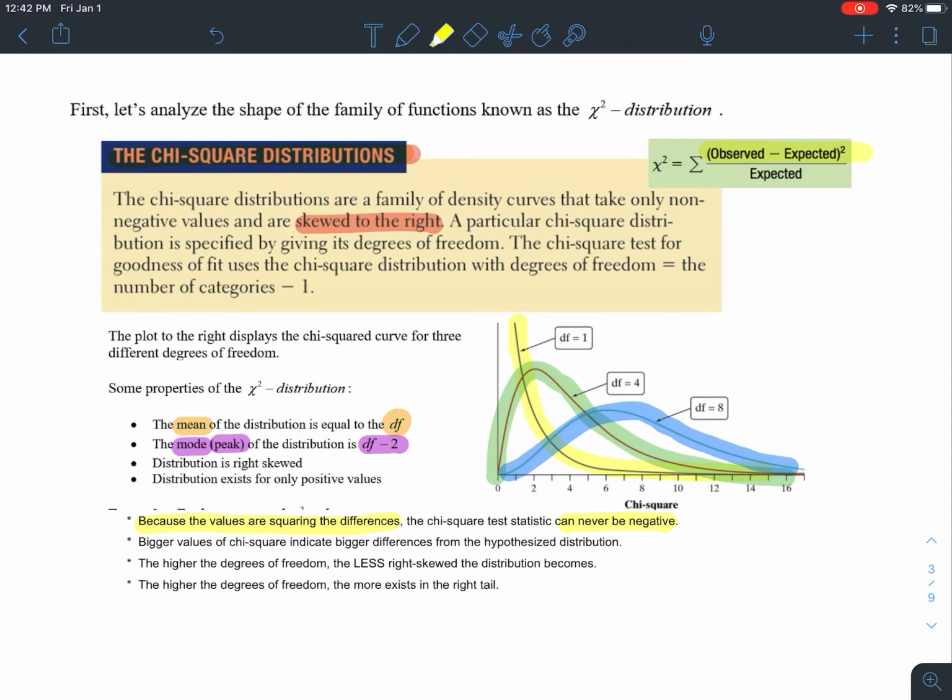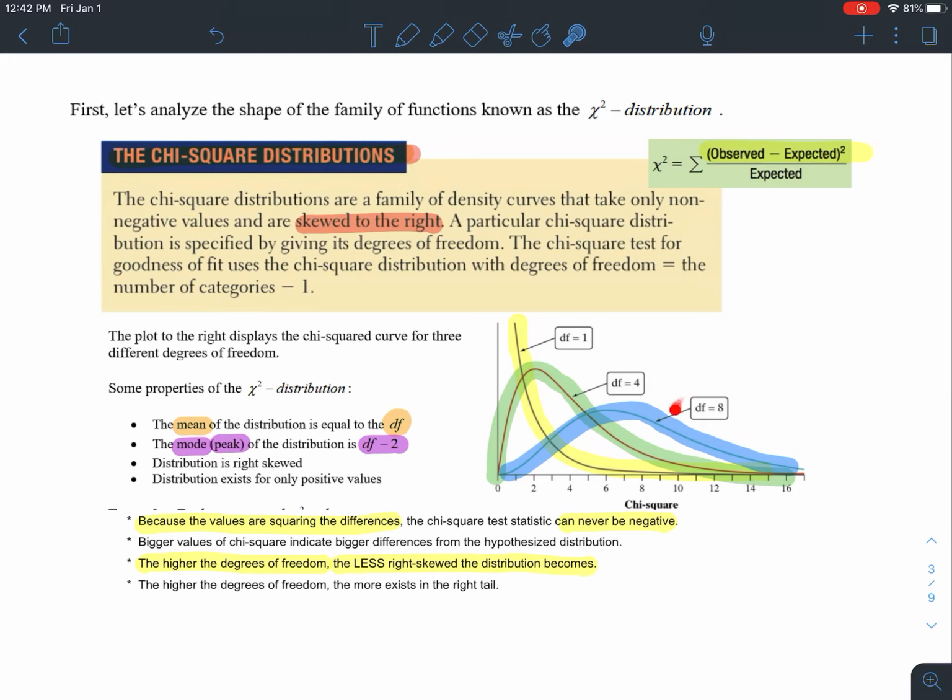That is causing it to be skewed to the right. The higher the degrees of freedom, you'll notice the less skewed to the right it is. So the more categories you have, the less skewed to the right it would be. You can see here the degrees of freedom was 1, which means you would have had 2 categories, very skewed to the right. Here degrees of freedom is 4, you would have had 5 categories, still very much skewed